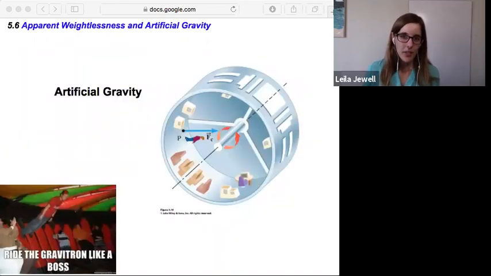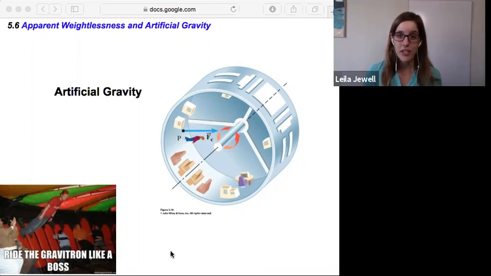On the flip side, because being weightless can have biological effects that are detrimental, especially over time, there's a lot of work being done to consider how to create artificial gravity. And one possible way to do this is to create a space station that's rotating. Because as it rotates, then it can create this inward centripetal force that mimics that of gravity.